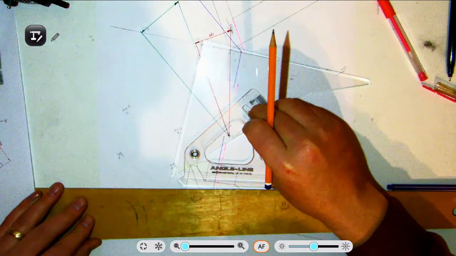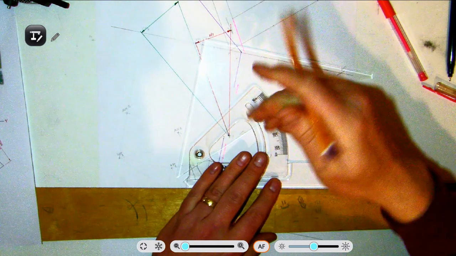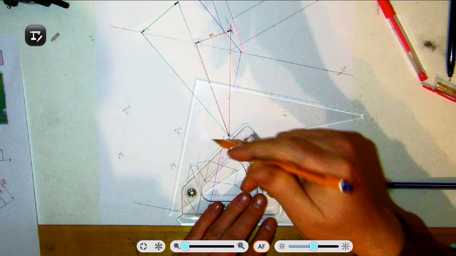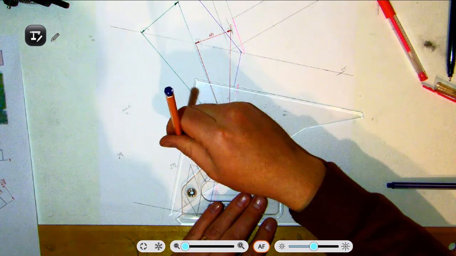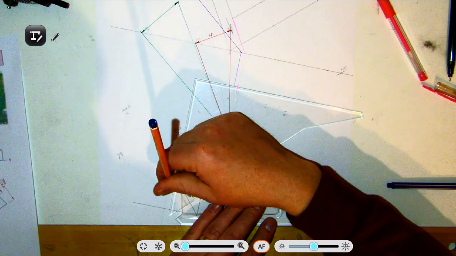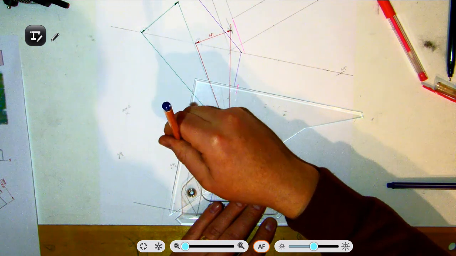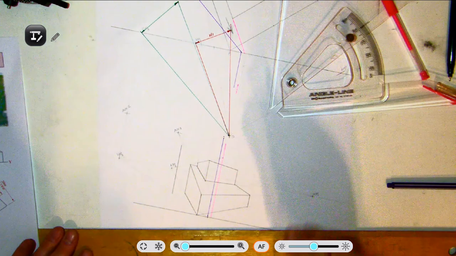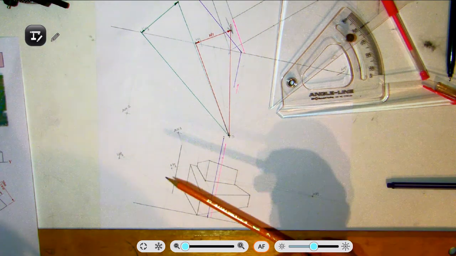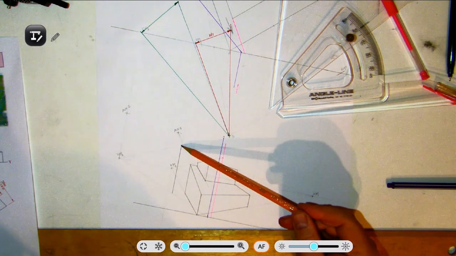So this is where it is on the picture plane. And what we can now do is, using our height, so what we've now drawn is, this is the position of the chimney. So the position of the chimney, that's the height of it, 100 mils up in the air, and this is